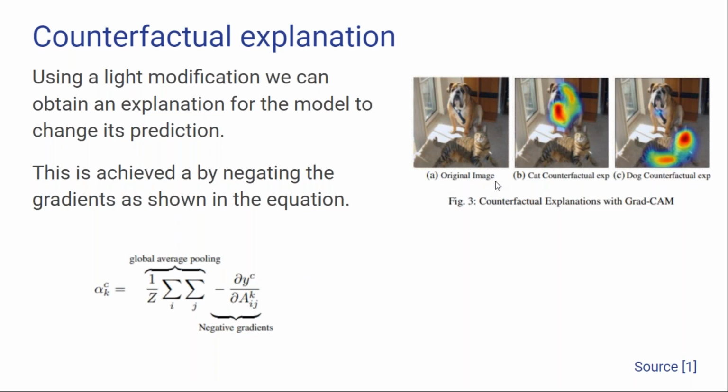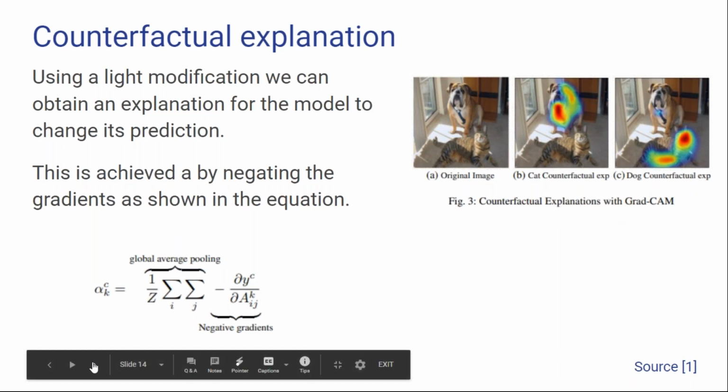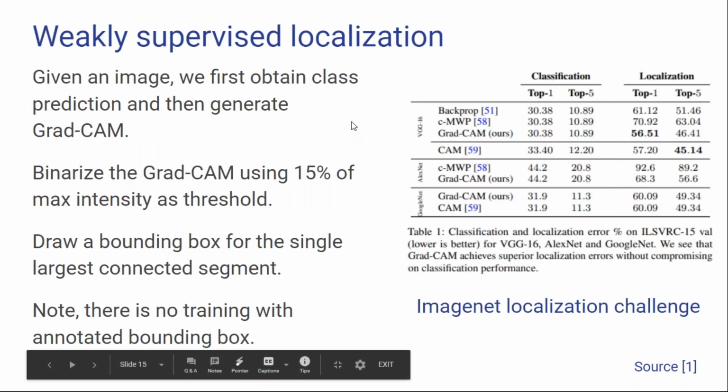So in this example, this is an original image, and for a cat, the counterfactual explanation is that it will highlight the dog, and for a dog counterfactual, it will highlight the cat. Okay,